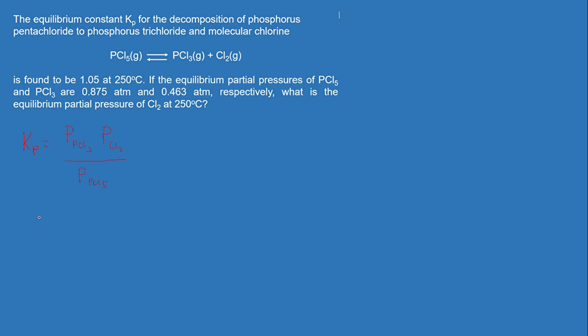Okay, so in this problem, you're just going to plug in all of the data that we have from the problem. So meron tayong Kp. Kp is 1.05 is equal to ang ating PCl3 ay 0.463 times the partial pressure of Cl2 over the partial pressure of PCl5, which is 0.875. Okay, transpose natin yan dyan, or we multiply both sides by 0.875 para makancel ito, malipat doon sa kabila. So, we will get